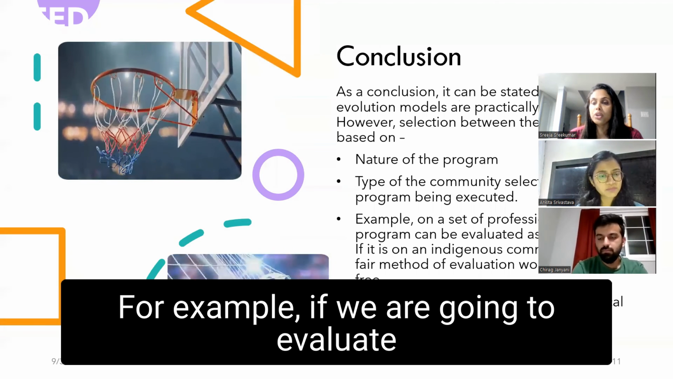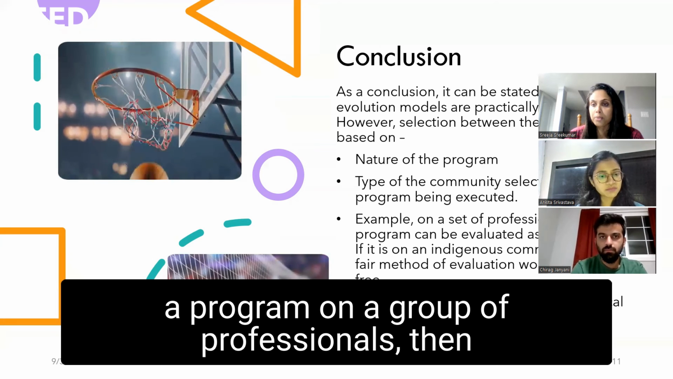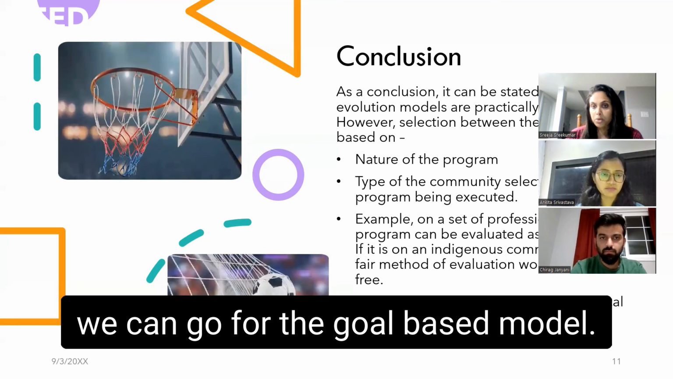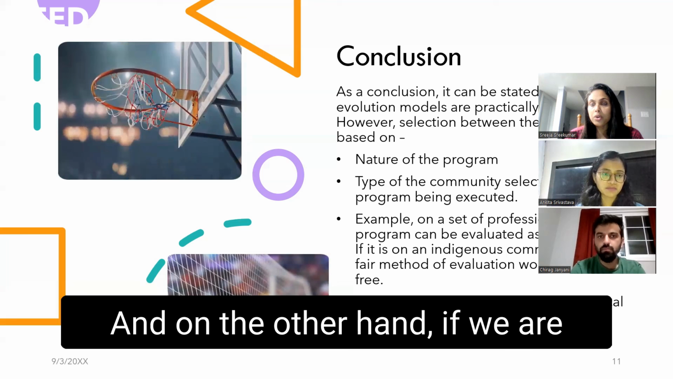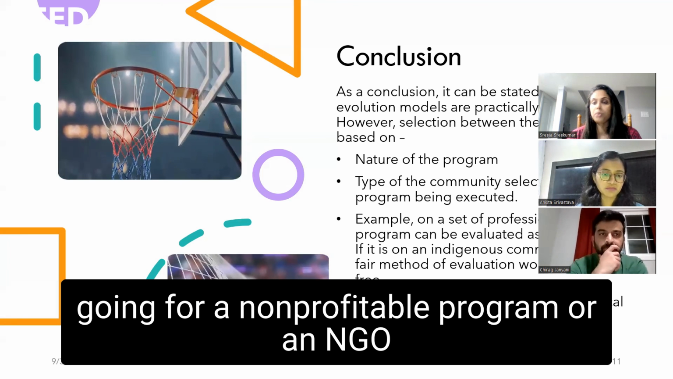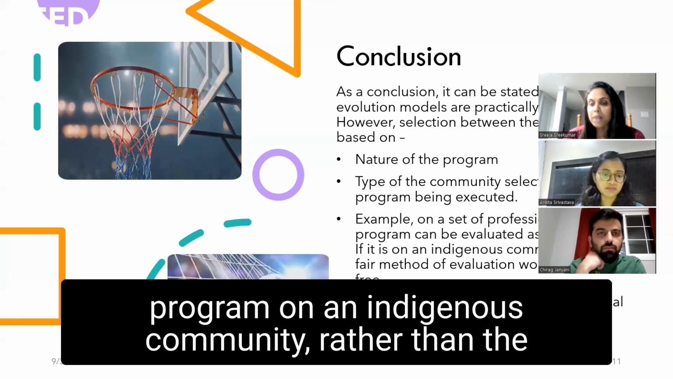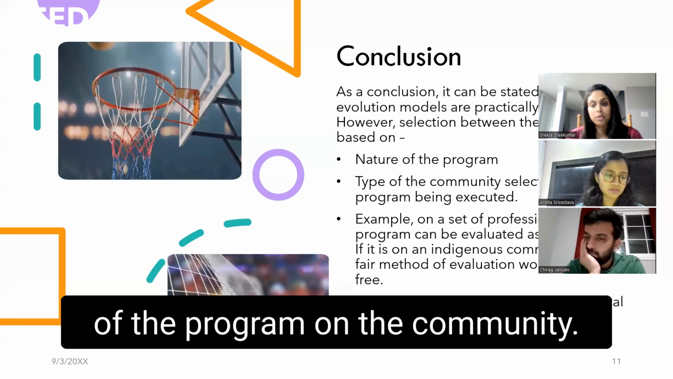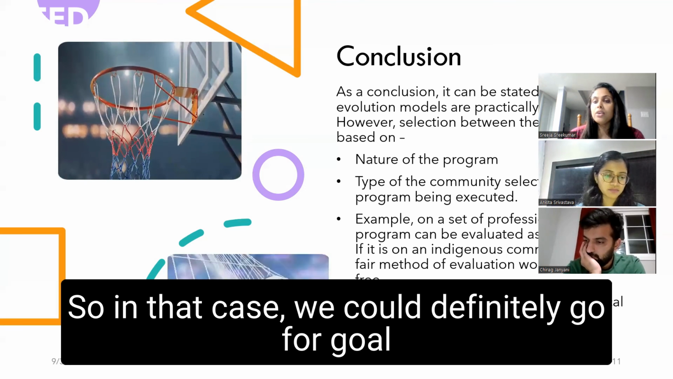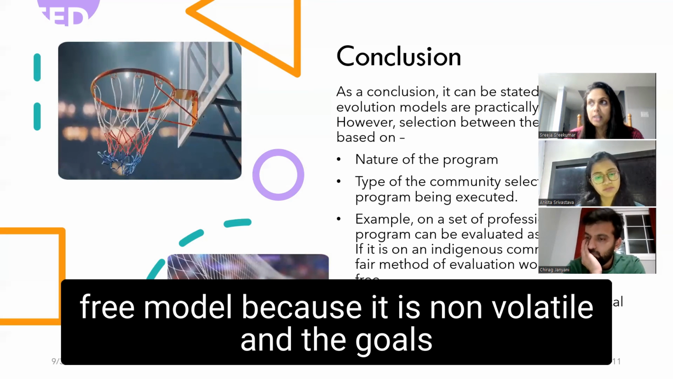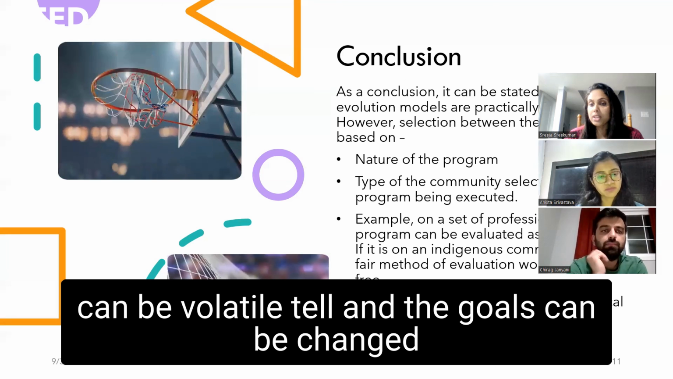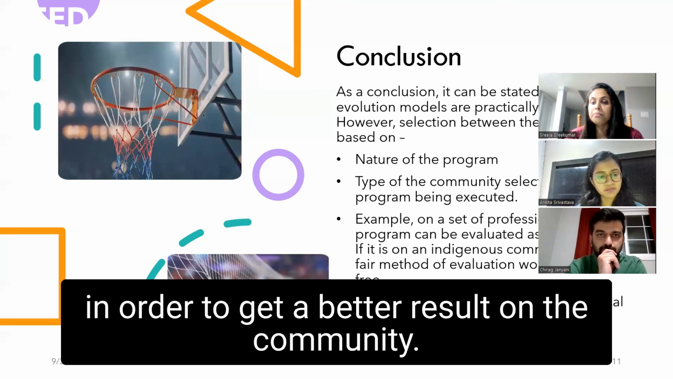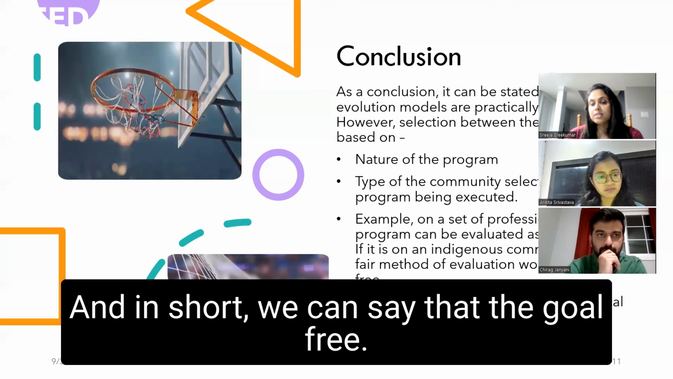For example, if we are going to evaluate a program on a group of professionals, then definitely a quantitative measure of the result is needed. Hence, we can go for the goal-based model. And on the other hand, if we are going for a non-profit or an NGO program on an indigenous community, rather than the quantitative nature, we are measuring the qualitative impact of the program on the community. So in that case, we could definitely go for the goal-free model because it is volatile and the goals can be changed in order to get a better result on the community. And in short, we can say that the goal-free